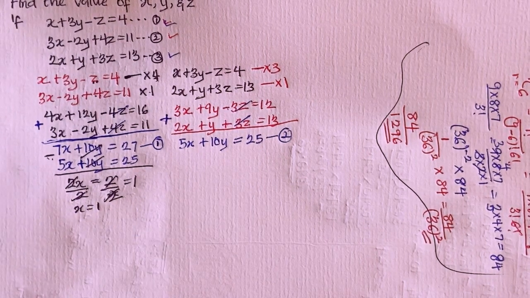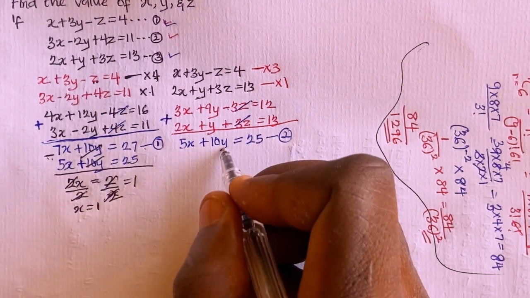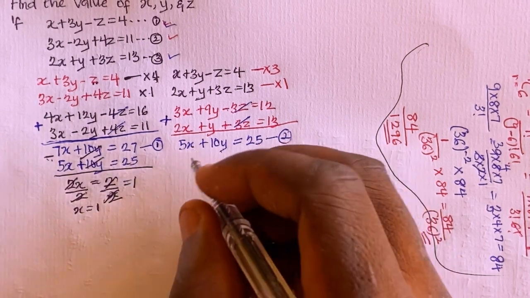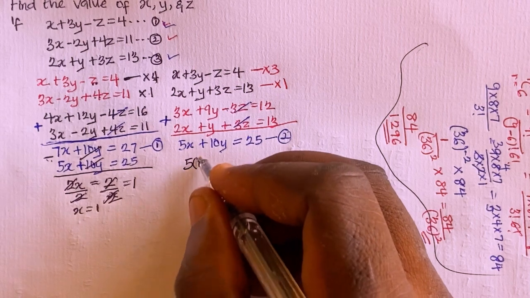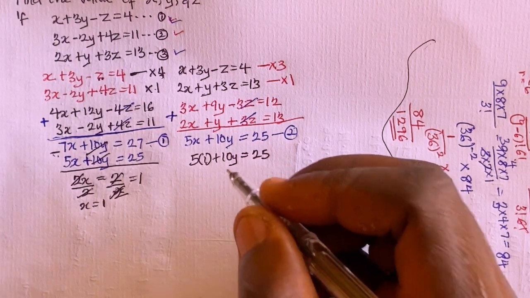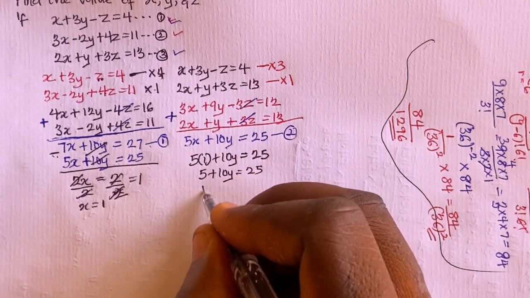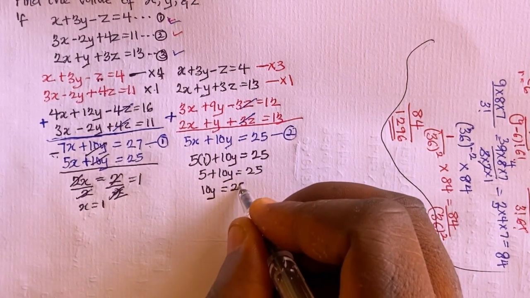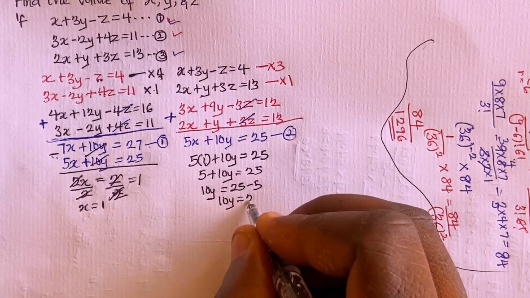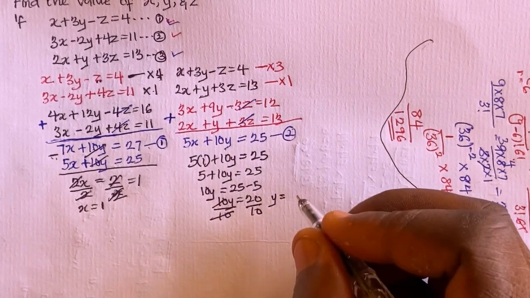After getting the value of x, we can come back to equation 1 and put in the value of x, or go back to equation 2 and put in the value of x to get the value of y. Let's just use equation 2. The value of x is 1. Then I have 5 times 1 plus 10y equals 25. So 5 plus 10y equals 25. Then 10y equals 25 minus 5, so 10y equals 20. Divide by 10, and y equals